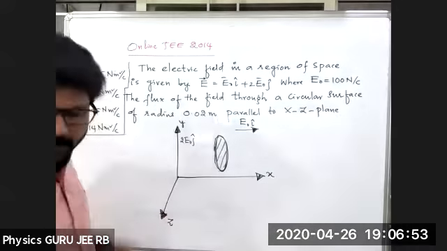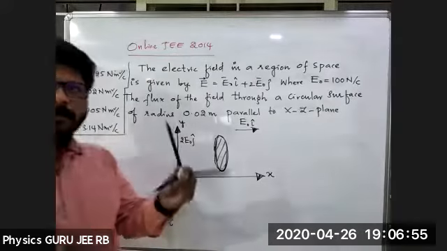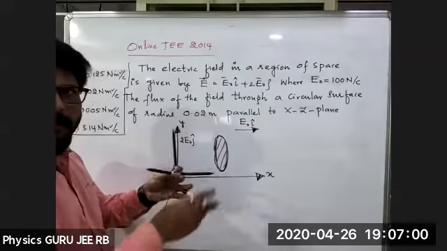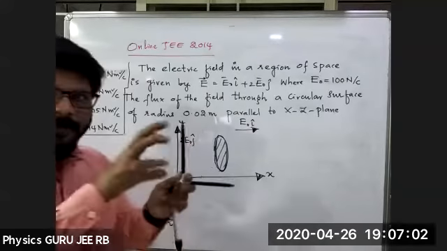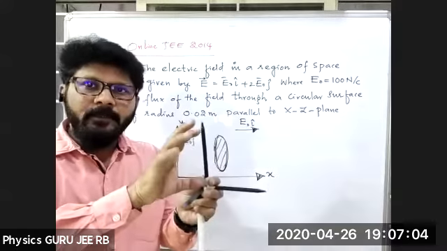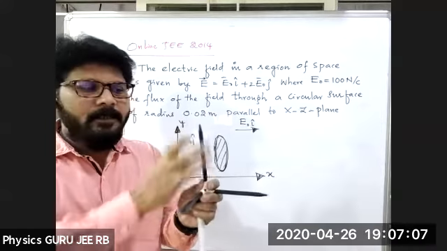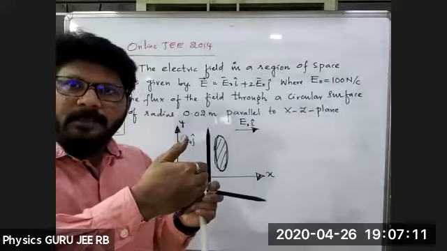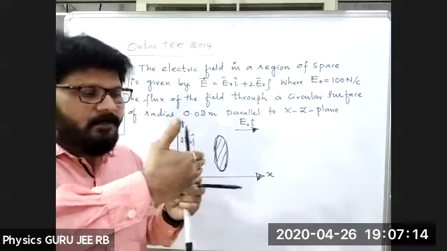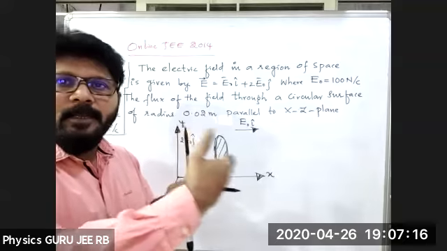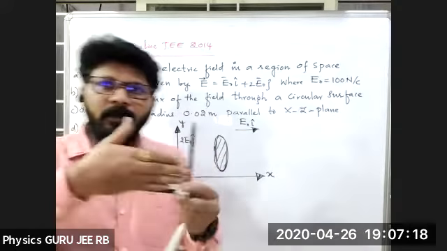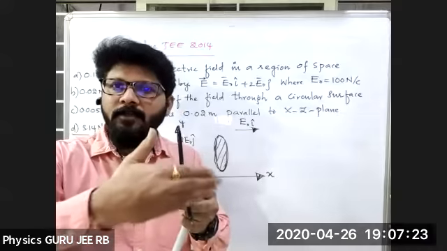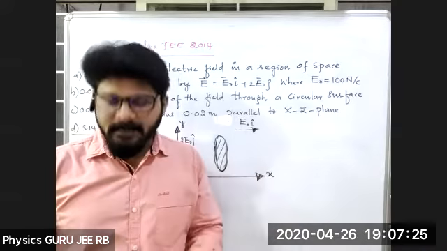Now, how is it placed? If I take this as 3-dimensional, let me take this as x, this is y, this is z. So in this direction it is placed. Okay. So it is in the plane of what? YZ plane. This is in a YZ plane. YZ means perpendicular to the x-axis. So it should be in a YZ plane, and perpendicular to what? The x-axis. So it is placed in that way.